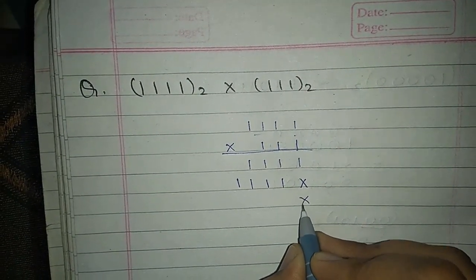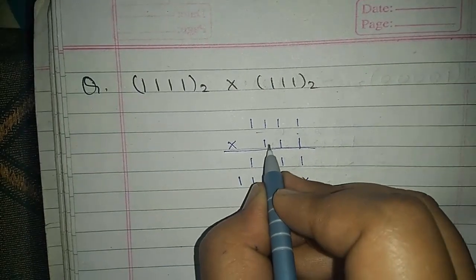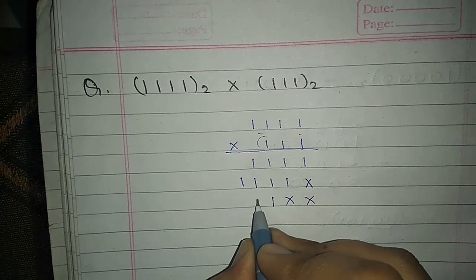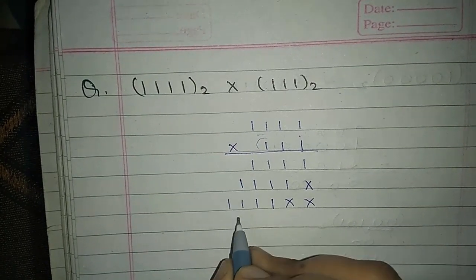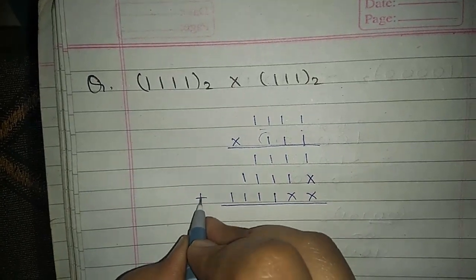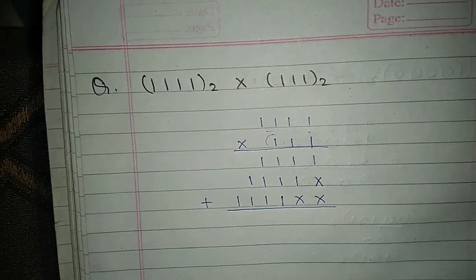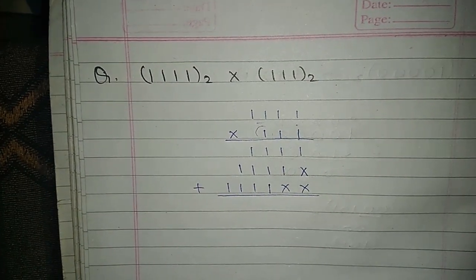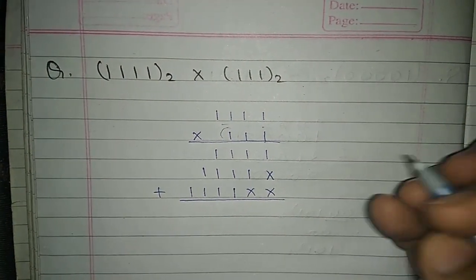Now we have to place 2 crosses. And then we have to multiply this number with this particular number. So again it will be 4 times 1. Now the biggest problem with this question is to add all these numbers, because when you do so, it will show you some unique patterns. Now let's add this and then understand this.